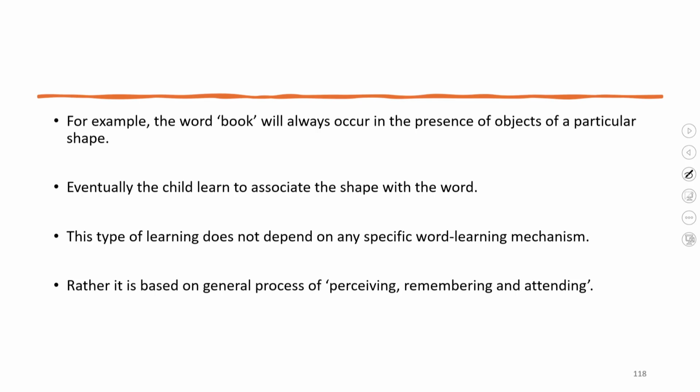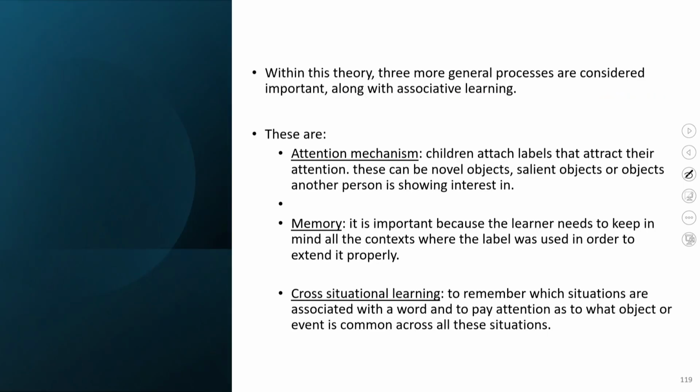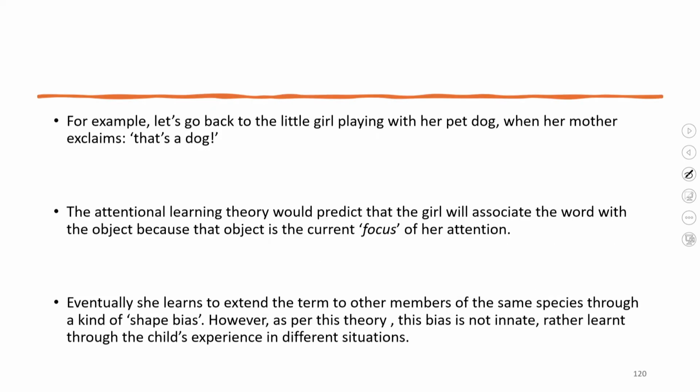Now, what does this depend on? This ability is not dependent on any specific word learning mechanism, but it is based on general purpose processes of perceiving, remembering and attending. This is how they put it. So, within this theory there are three general processes that are considered important along with the associative learning: attention mechanism, memory and cross situational learning. Cross situational learning is very interesting, we have seen this before as well. When you can map across contexts, then you are able to understand how the words map onto